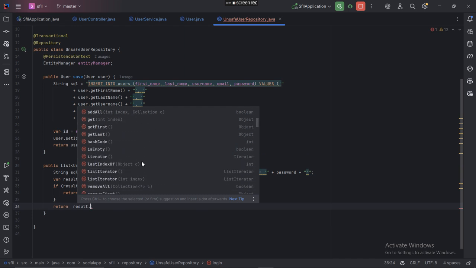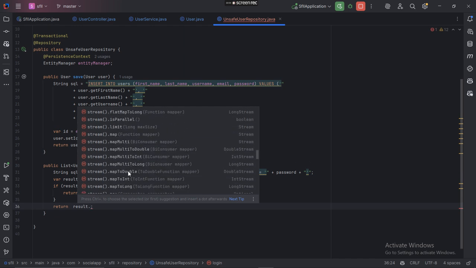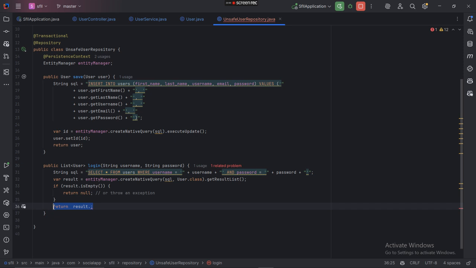So I think it contains objects. Yeah, so this contains objects, and each object will have to be cast individually. So I think just for the sake of this, we can go with